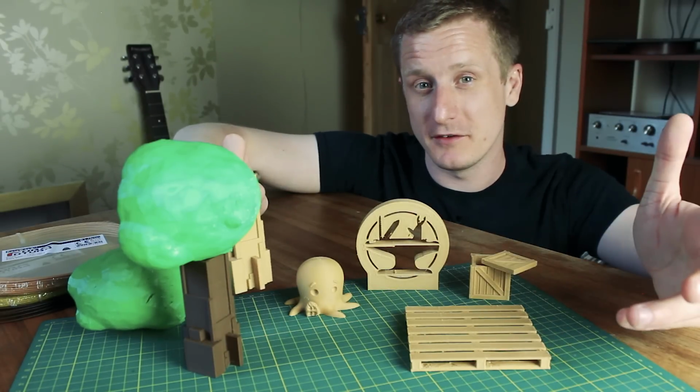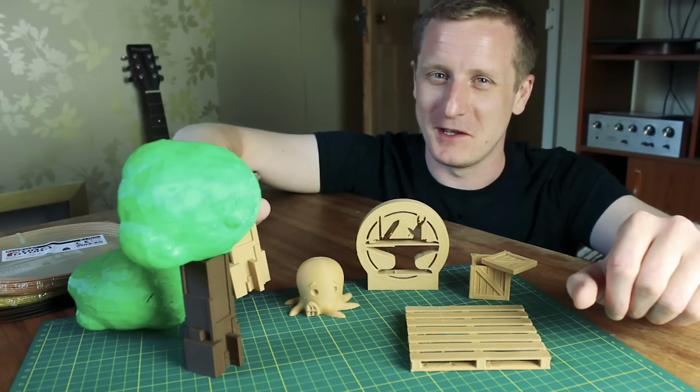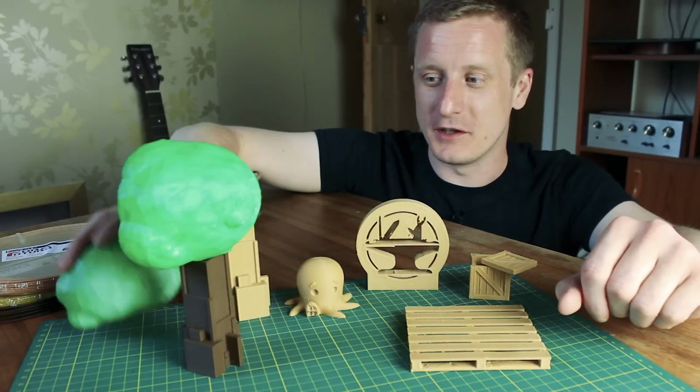So if you fancy printing some low poly trees, I thought my niece and nephew might really like them. Well, they might not end up getting them. I might keep them. I'm not sure. Don't tell them. So yeah, I thought they'd just be fun for little ornaments or kids to play with,